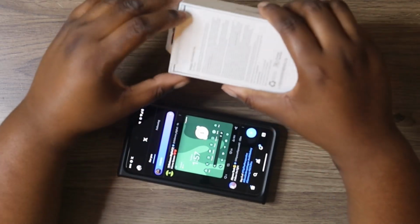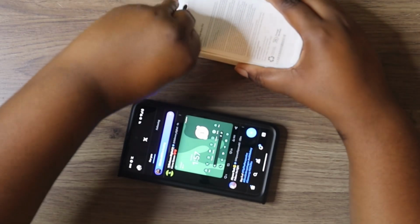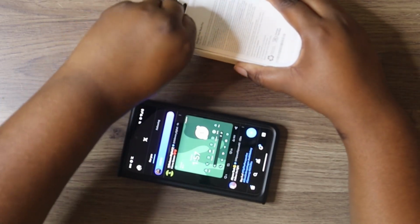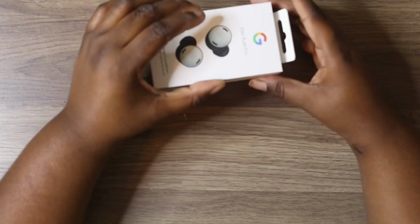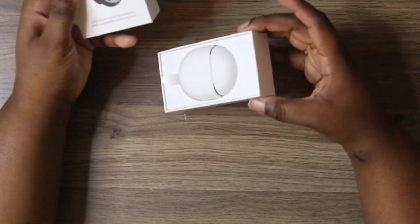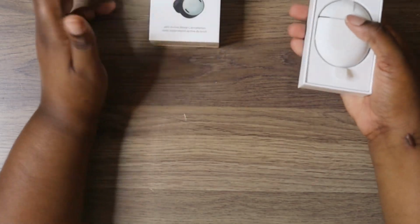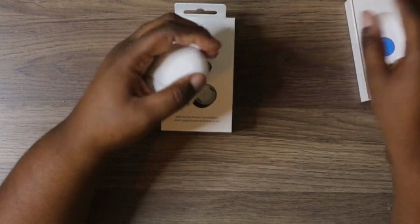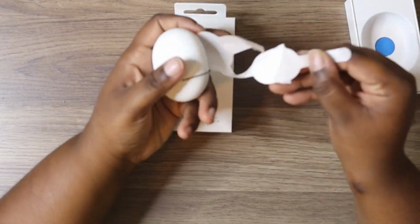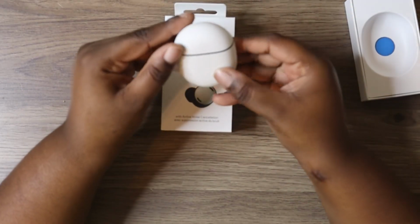So right now I'm just gonna open up the pull tabs and let you see what they look like. Even though a lot of people already have these, I still wanted to make this video. I did not have to make this video, but I wanted to, just to show my appreciation. So pretty much this is what it looks like when you open up the box. You get that egg in there. It looks like a little eggshell, and you get your case, and then